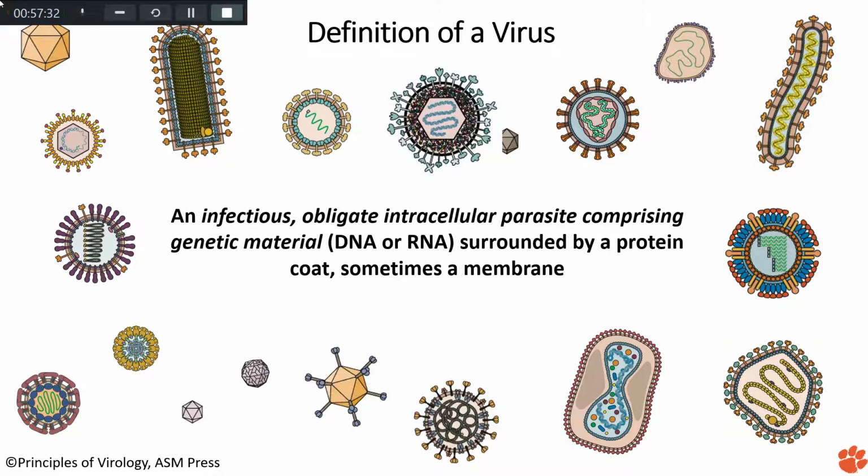Unfortunately, we just really do not have a word. Sometimes you can say it just competes with the cellular machinery, but as soon as you say compete, that again is a word that you use for a living thing. So it's very difficult to define sometimes. But these are some of the definitions you can use to refine it to some extent: an infectious, obligate, intracellular, molecular parasite. Molecular parasite means we are defining it as basically a collection of molecules, which are the proteins, lipids, and carbohydrates, and not a living entity as a parasite. So that's the best definition that we can do.